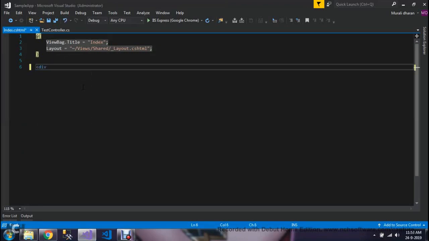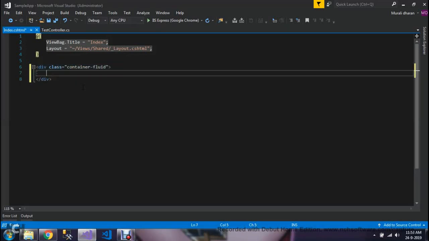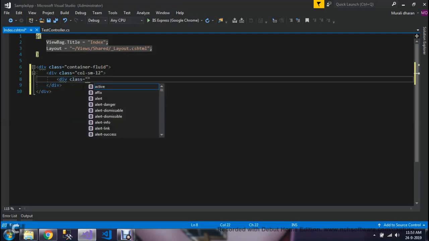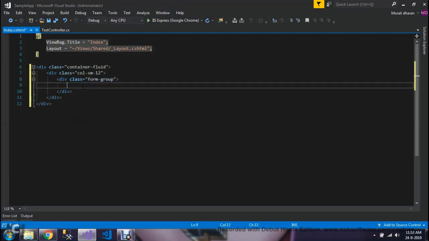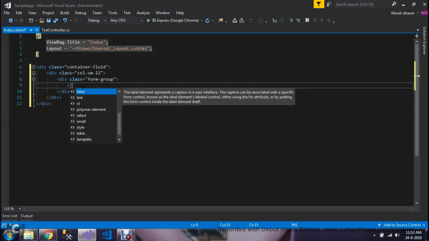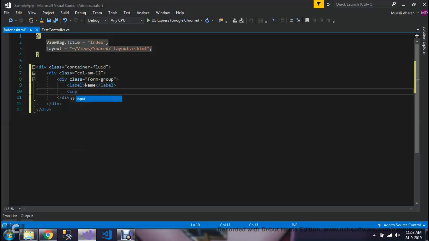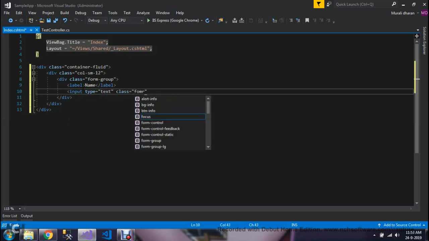So first is a bootstrap form group and label name, and input form